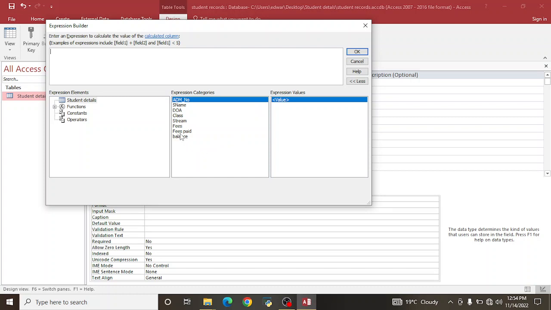What you do is double click on the fees to be paid to get the balance. The balance is the fees which are supposed to be paid, which we double click, minus the field for the money paid, fees paid. So this is how you get the balance. Remember that for you to calculate, the fields that are used for calculation must be put in square brackets. So if I click OK now,